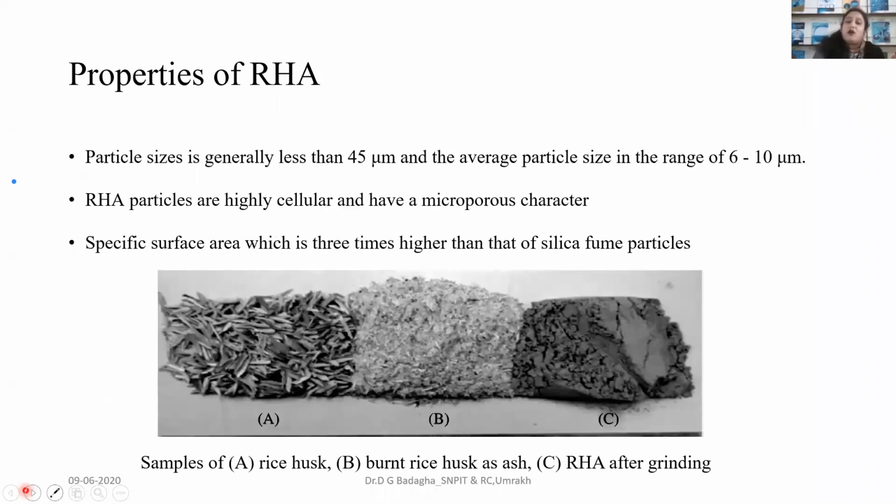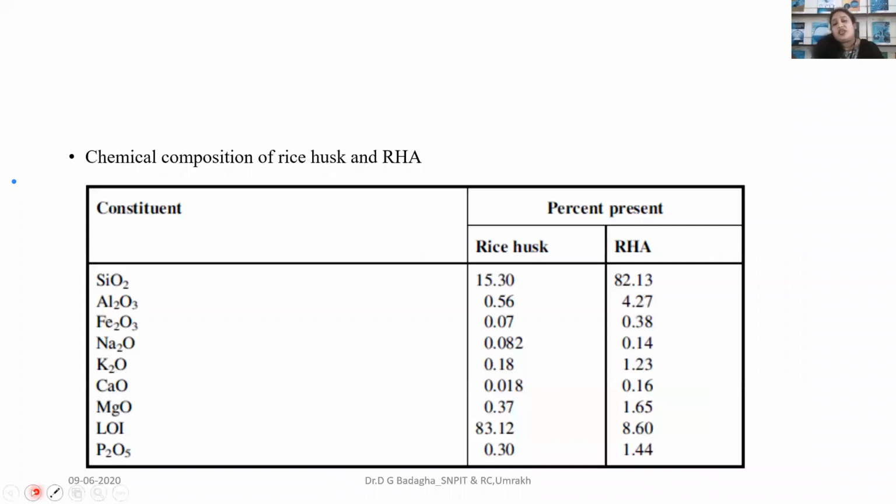Whatever I told about the powder of RHA, you can see the rice cover is there, we burn that cover, and we get that type of shape and form of rice, and after sieving that material we get something like cement powder. Okay, nowadays silica fume and metakaolin are also in use, but here we are focusing on the main major advanced materials which are exactly in trend.